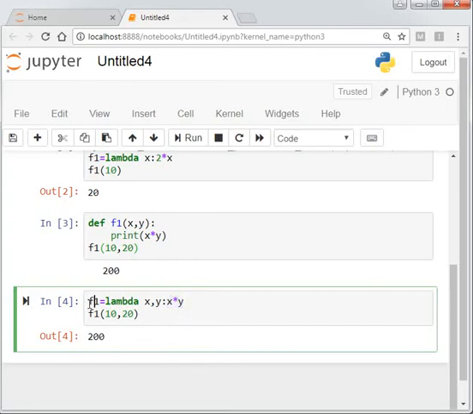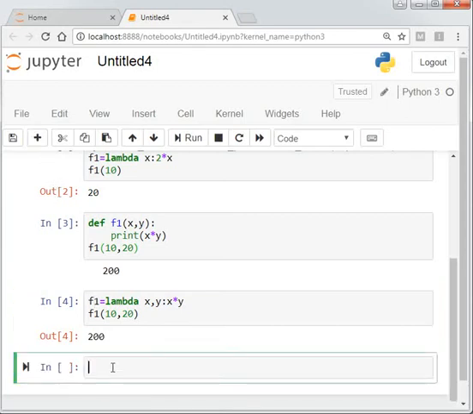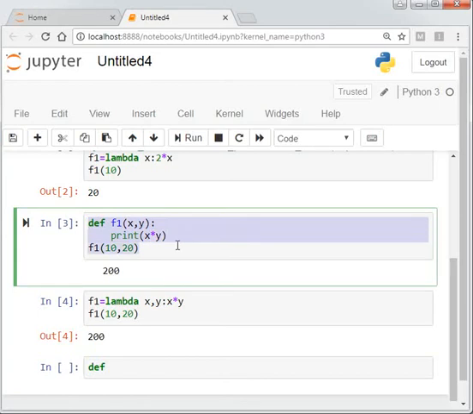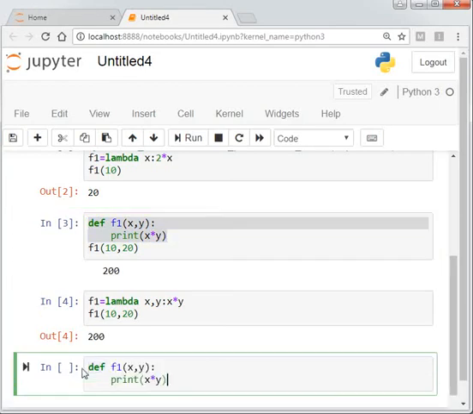So I can copy this. Again, first of all we have to declare a function, then convert it into the lambda function. So again, firstly define a simple function like here. No need to write again and again. So this is x and y. Here you have to check a condition.